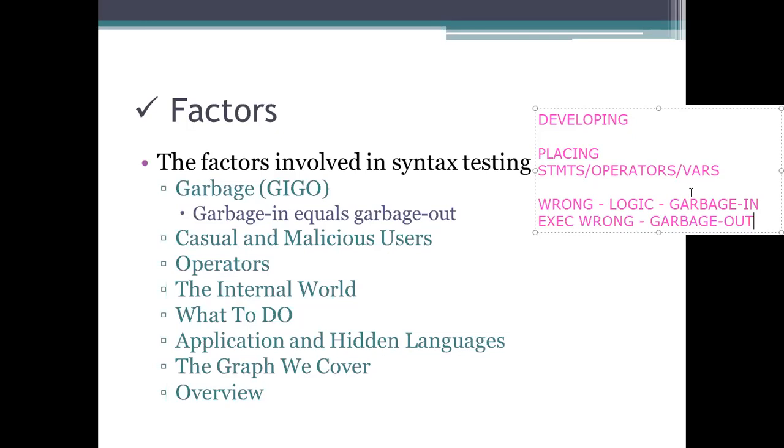So while designing or developing a program, a programmer or a tester, whoever it is, should know what they are doing. If they don't have an idea about that, if they are casual users or malicious users, whatever it is, they are not seriously considered in developing that program, then they won't get the correct outputs there. Why? Because the design is a wrong one, and the output obtained will obviously be wrong. So we can't allow any casual or malicious users to develop the program.